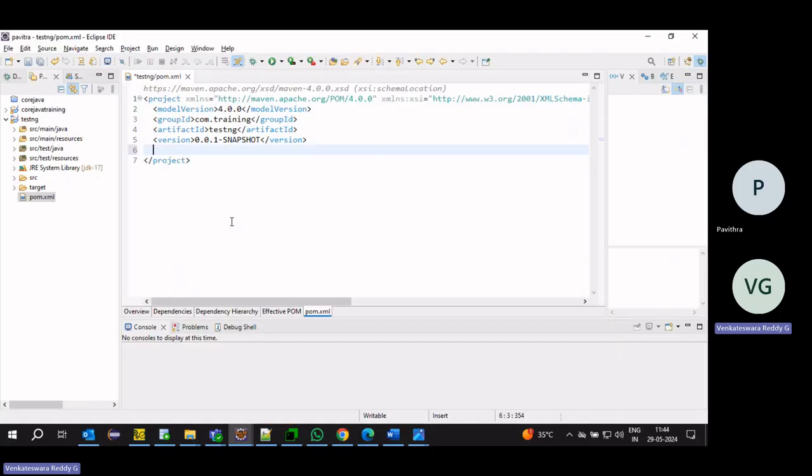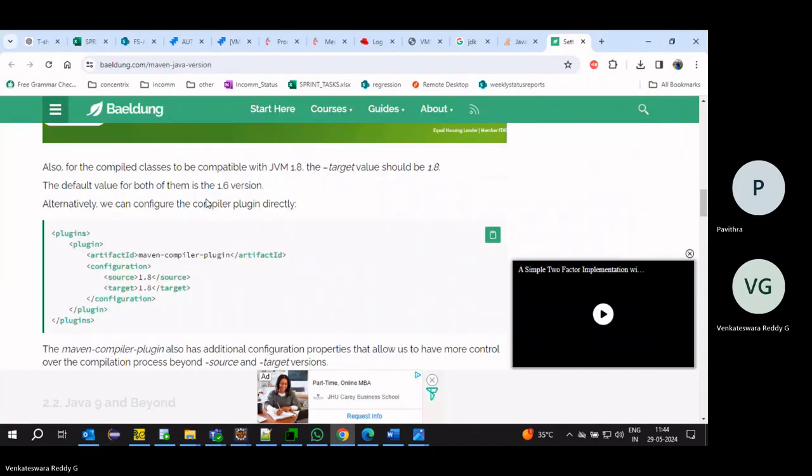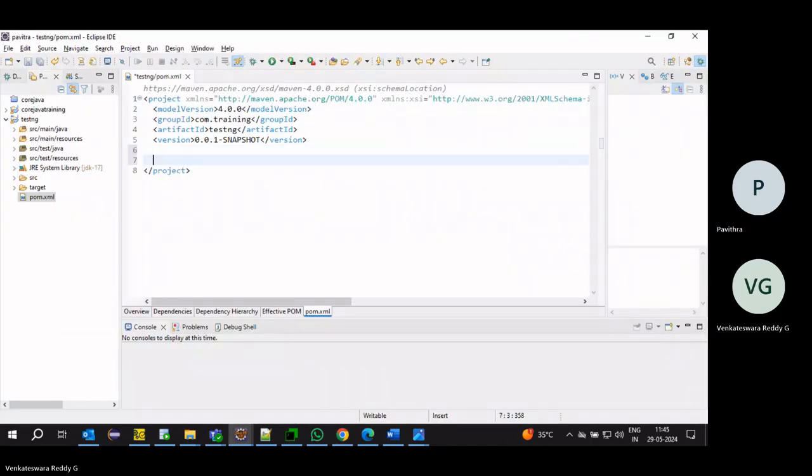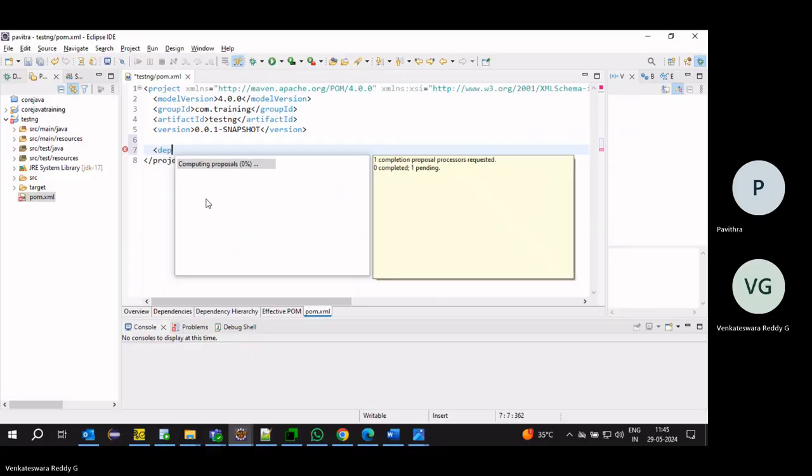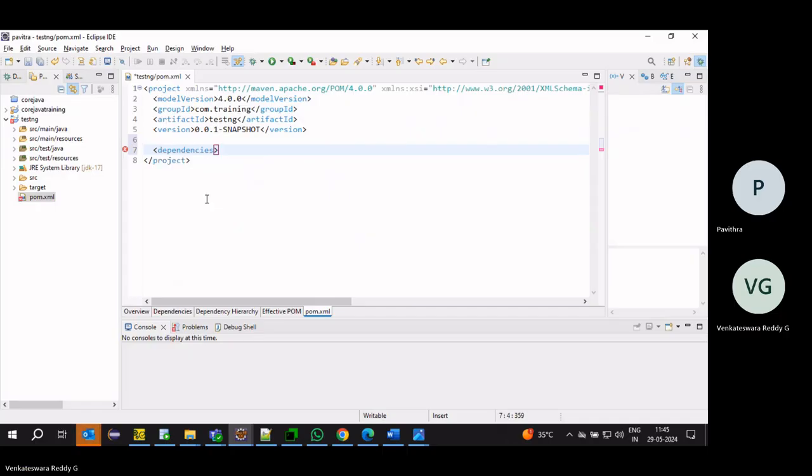So how to add? One thing we have to add is dependencies.